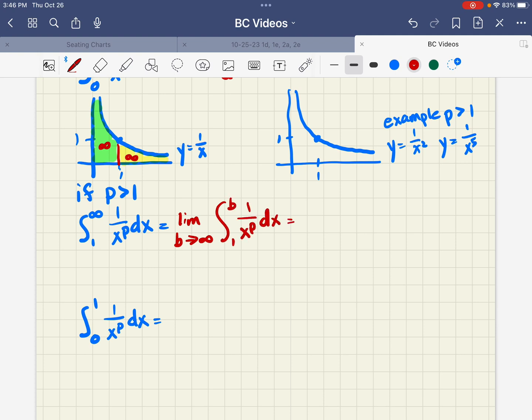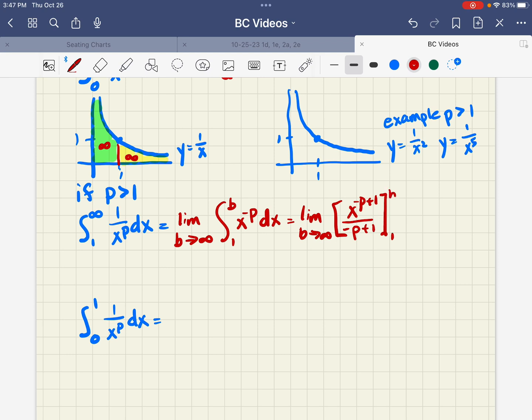Now, this algebra is sometimes a little tricky for people. So we're saying we have 1 over x to the p where p is more than 1. So let's rewrite it as x to the negative p. That might be easier to undo the power rule for. So if we undo the power rule, limit as b heads to infinity. When we undo the power rule, the power gets bigger. So we'd have x to the negative p plus 1 over negative p plus 1